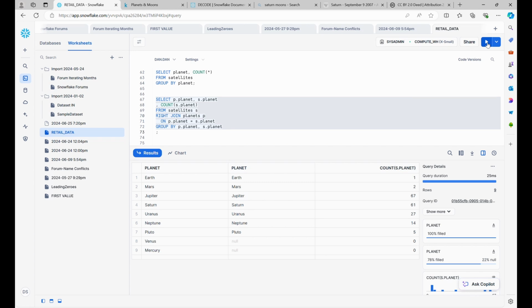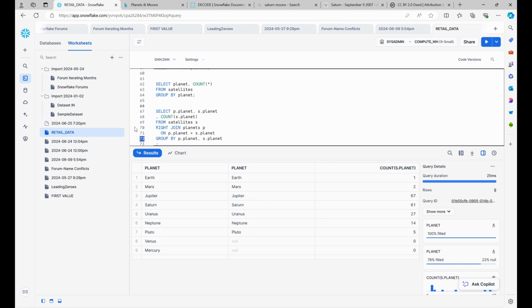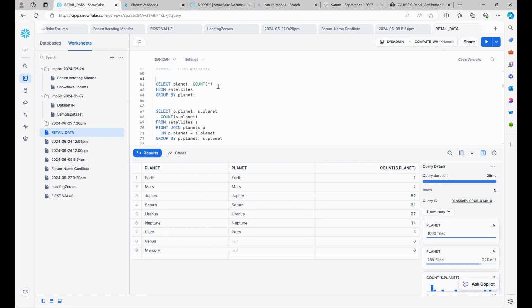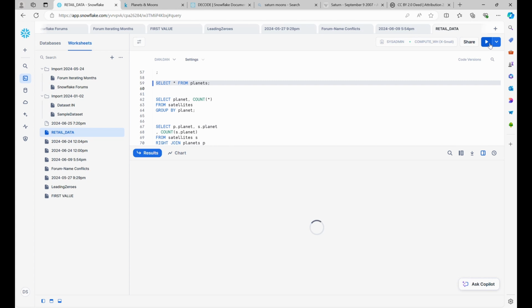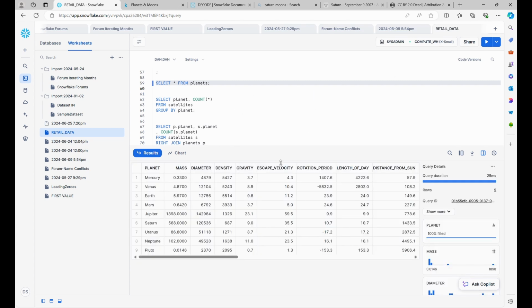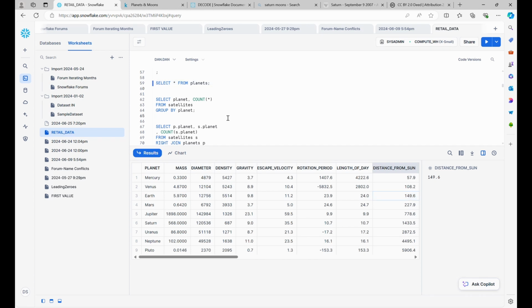Now I promised you a bonus before we closed up here, and that is I'd like to put these planets in the correct order as well, because Mercury should come first, and either Pluto or Uranus should come at the very end. And so the way that we have them right now is not the way that we'd like them to be. However, there is a field in planets that we can use to put them in the correct order. It's not the ordinal position, but there is a field here called distance from the sun, and so we can use that to put them in order by